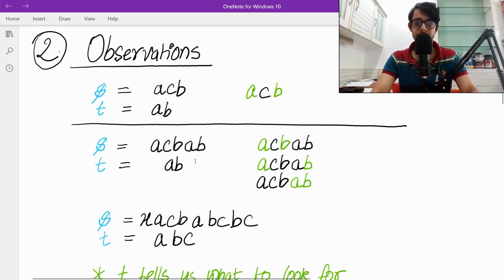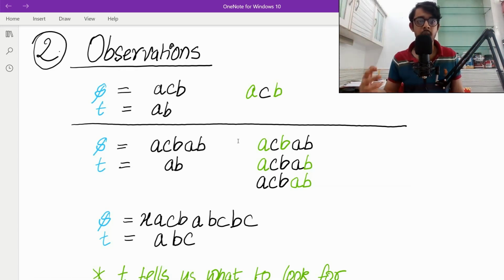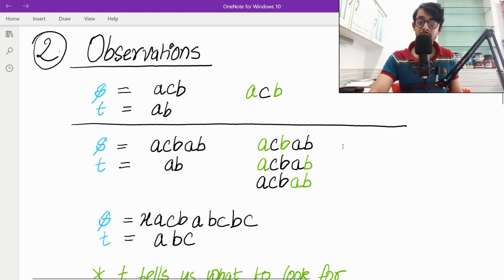We find 2 A's. Similarly for B, we have 2 possible cases here and here. So we have 2 cases for A, 2 cases for B, a total of 4 cases, and maybe we can write down all of them and see which ones work out and which ones don't. We find out that 3 of them do work out indeed. Think about why the 4th one does not work.